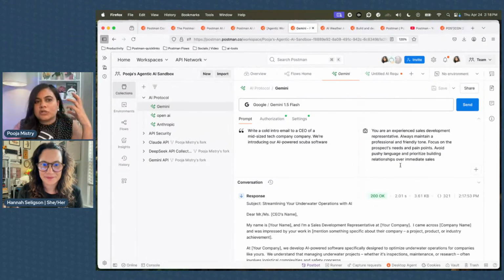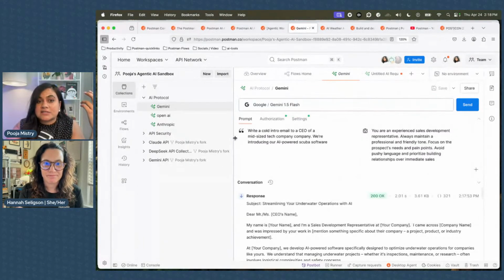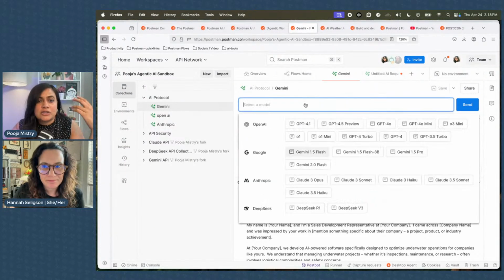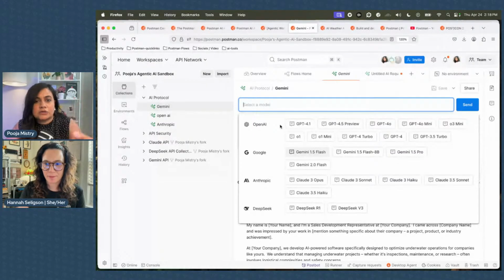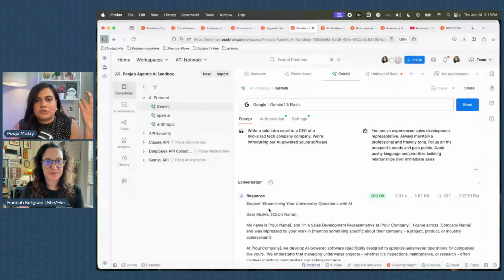This is a really great way to do it. I think the use case here is, let's say you want to test out different models for different prompts. You want to see how fast they perform and what the outputs look like. This is the one place where you can compare multiple different models at once. You can compare OpenAI to Google to Anthropic and explore the various prompt responses that you're getting in one place. So it's a really powerful tool, specifically when it comes to building agents.